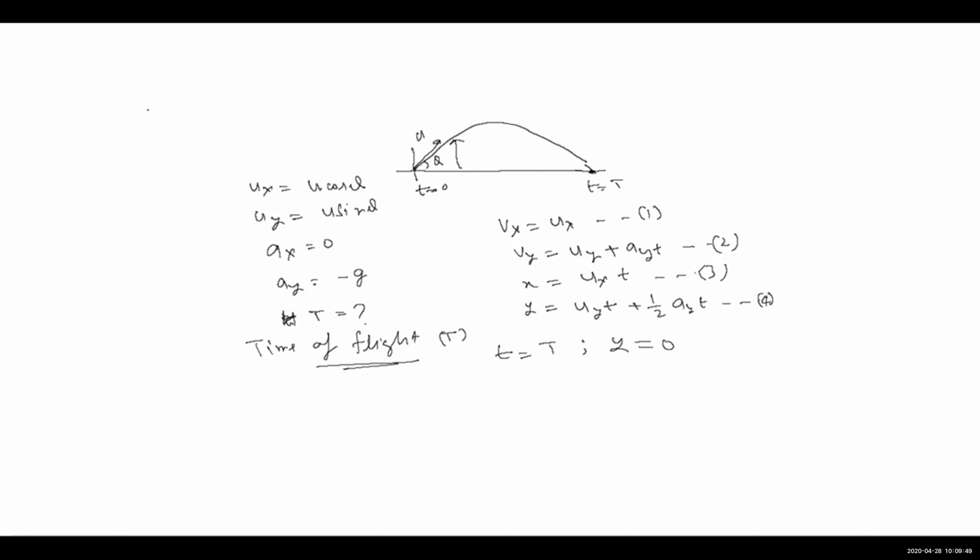So displacement along the y-axis first increases from 0, reaches the maximum value, then again decreases and finally becomes 0. Whatever time that happens, that time is defined as the time of flight. After this much time, displacement will become 0. That is going to be the condition. So whenever y is 0, time equals time of flight.